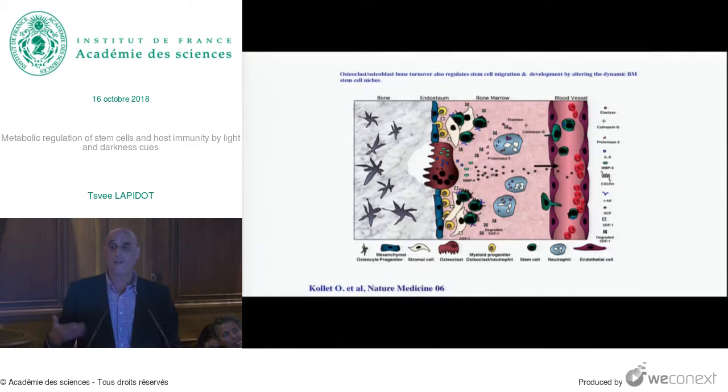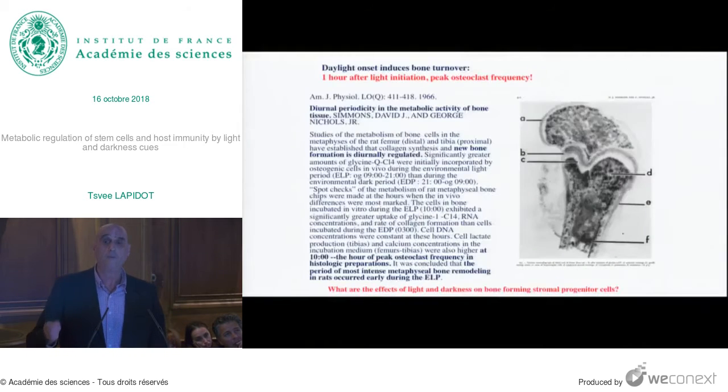We know about osteoclast-osteoblast interactions, which regulate bone turnover and also regulate host immunity. Here, the osteoclasts, when they dig the lacunae, free the blood-forming stem and progenitor cells into the circulation, and it's like a biological clock which regulates host immunity, because viral and bacterial infections all accelerate bone turnover. And we also know that during aging, in particular women after menopause, our bones become thinner, we become more anemic,